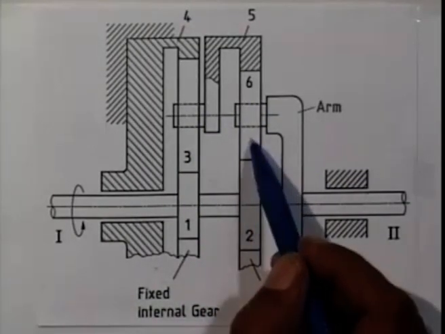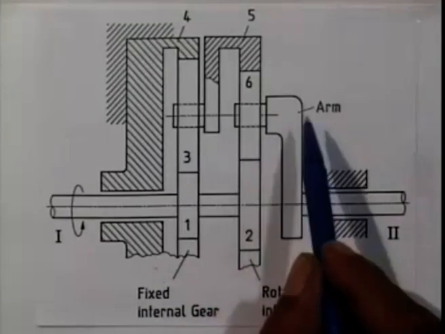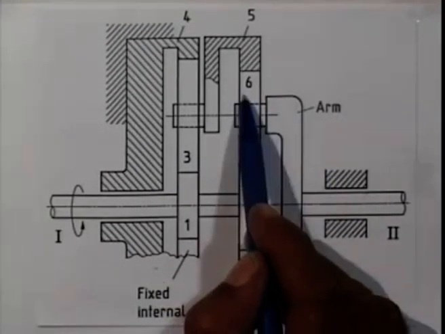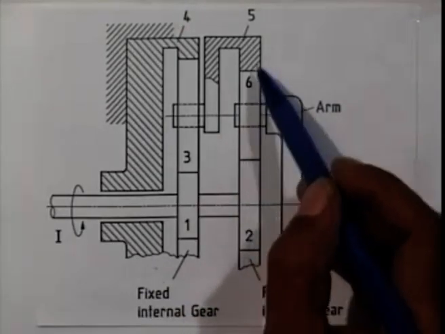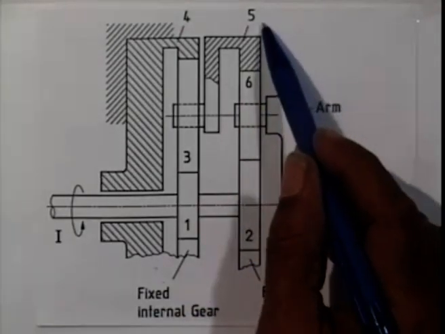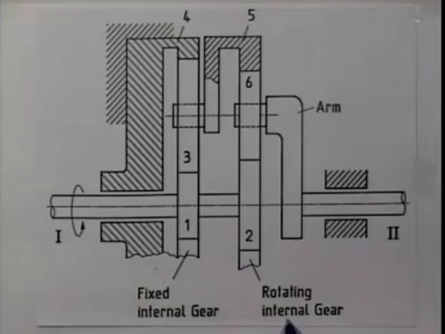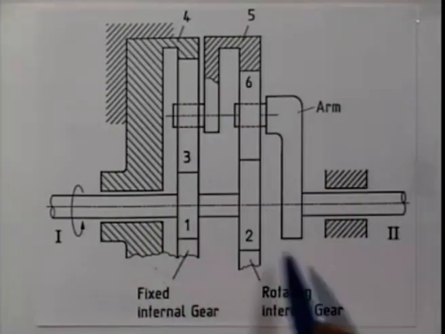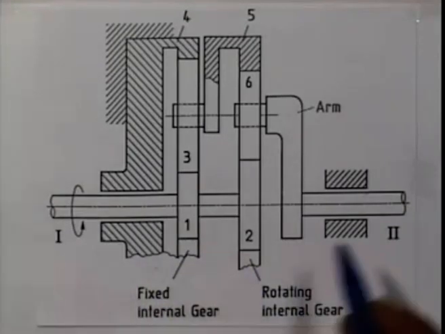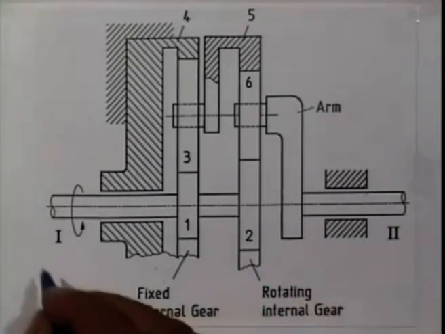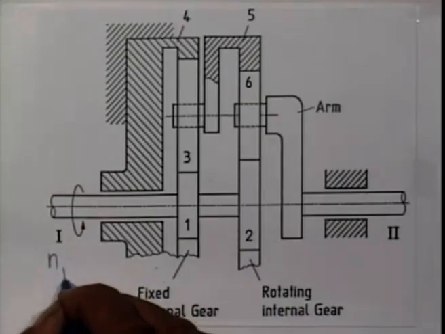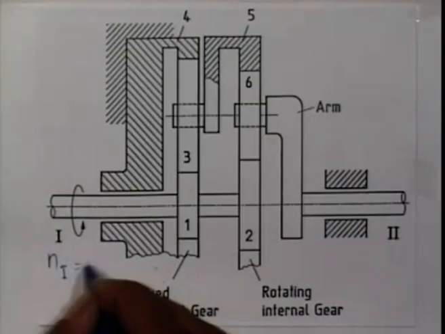Gear 2 is connected to this planet gear 6, which is carried by this arm. There is a revolute pair between the arm and gear 6 here, and gear 6 is also connected to this internal gear 5, which is rotating. Our objective is, if the number of teeth are specified and input speed is specified, we have to find the output speed. Let's say the input speed is given to be in this direction